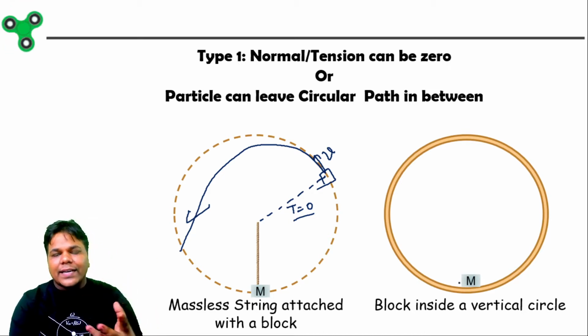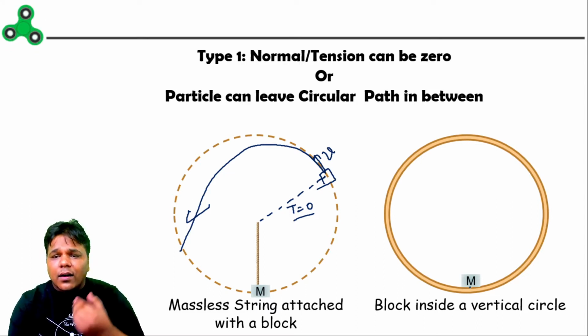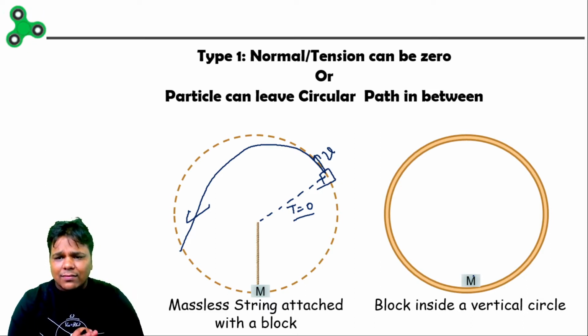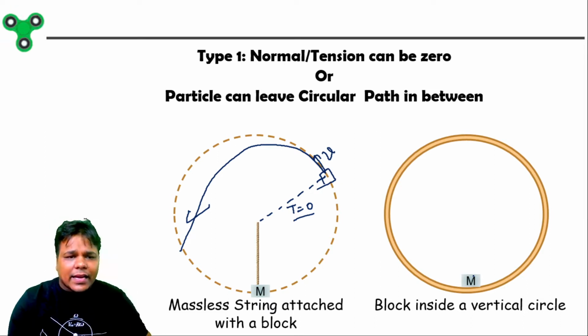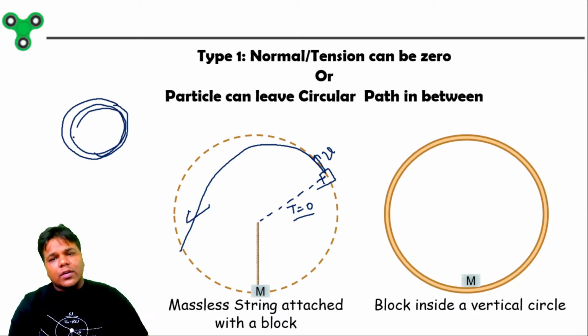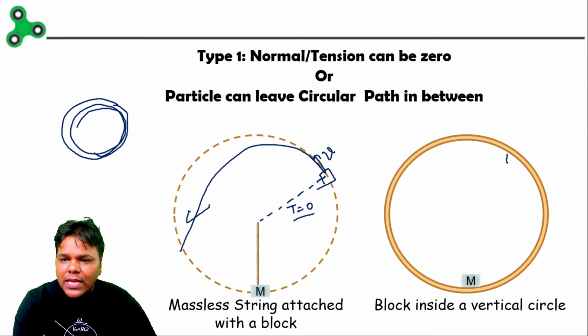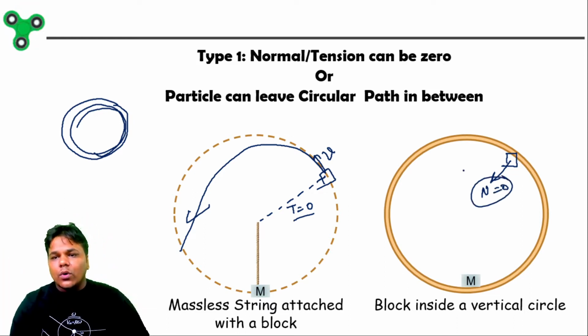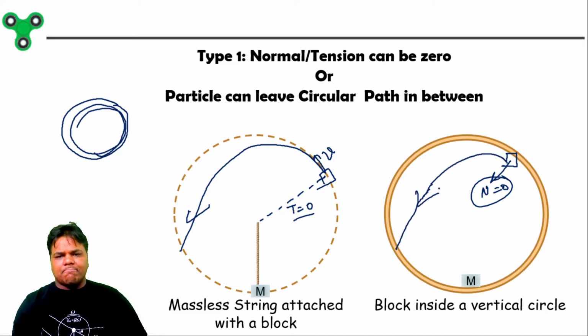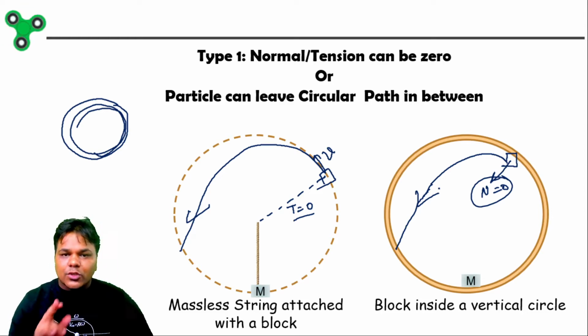It is inside a vertical circle, or we can say, for example, a vertical sphere, right? Have you heard about a wheel of death? In so many fairs we saw that, right? In the wheel of death, what will happen? There are some persons in a circus like this, and they are revolving their car around that. Okay, so that is also a case of what? That is also a case of vertical circular motion. So the same case happens here also. Suppose at that point, the normal applied by the sphere on this block is zero and the velocity is non-zero. So after that, this block can fall down like this. Simple. Okay, so that is our first case.